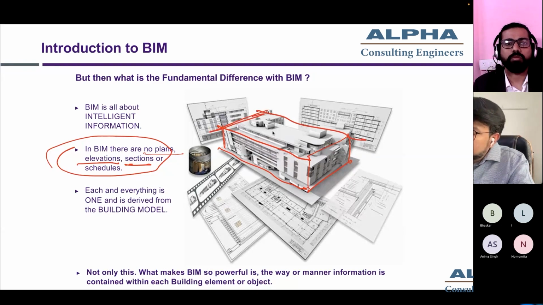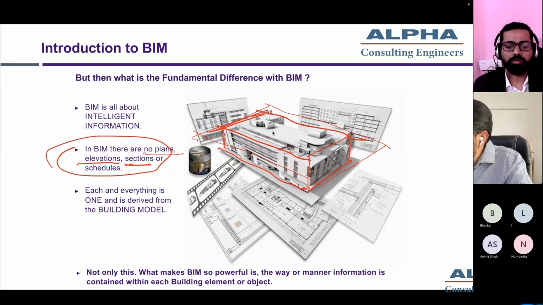With this model, if I cut it with a horizontal plane, I get my floor plan. If I cut it with a vertical plane, I get a section. If I put some parametric constraints to create documentation, I get a schedule out of it,